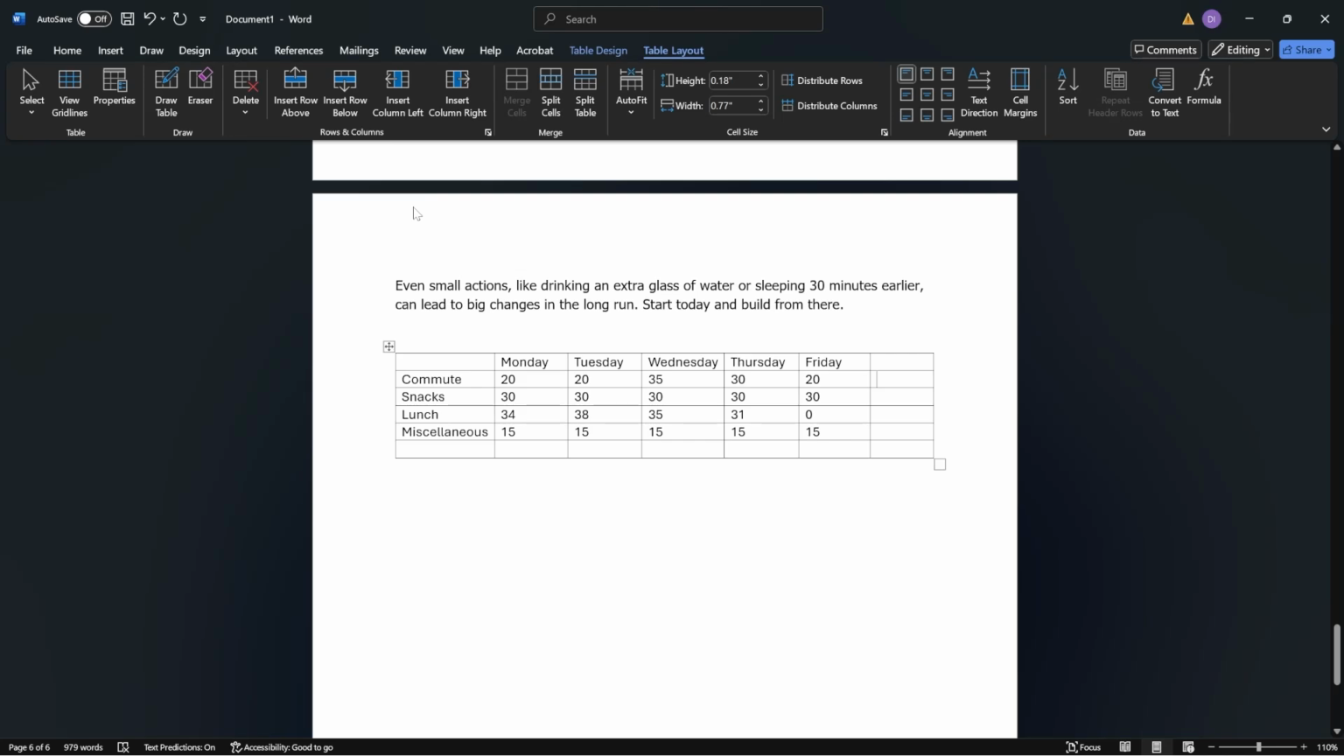Hey guys, in this video I'm going to show you how to calculate in a table here in Microsoft Word. Now for us to get this done, we're going to proceed with working on this particular table right here. The way for us to get this done, for example here, is to open the table and